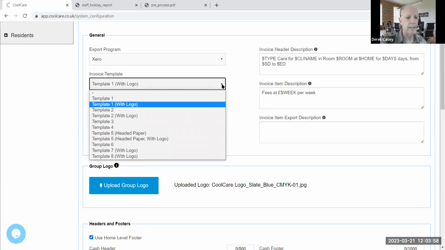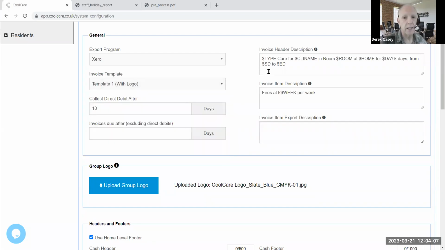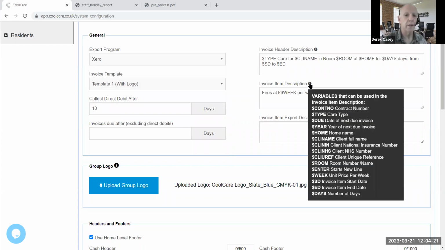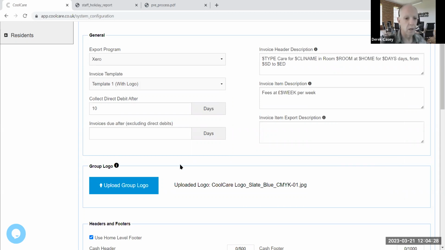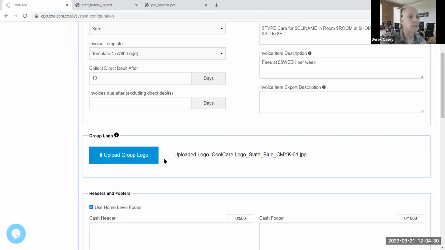We do have 8 different templates, some with logos, some without, some for headed paper, and some without headed paper. You can also set what your invoice header description is going to look like. I can do that from invoice header, for invoice item descriptions and invoice item exported descriptions. We also give you variables that you can put into these descriptions to pull information directly from CoolCare. You can also have your logo appear on